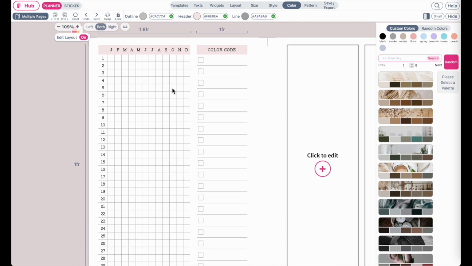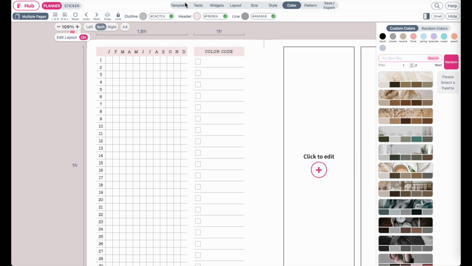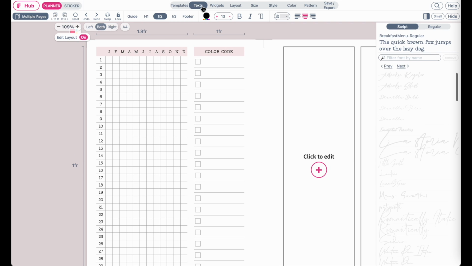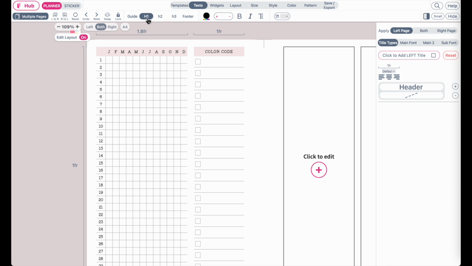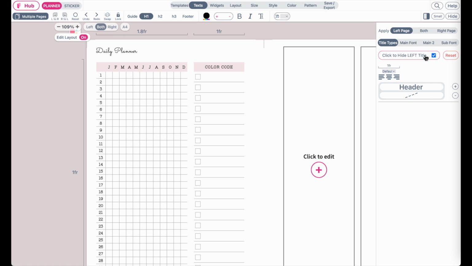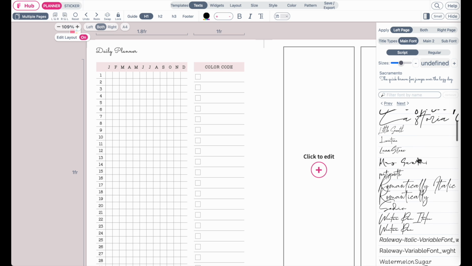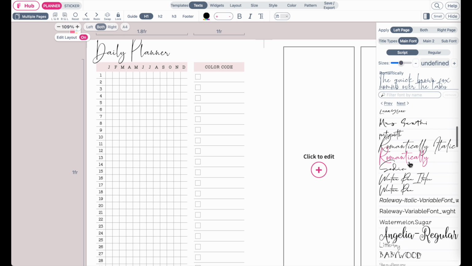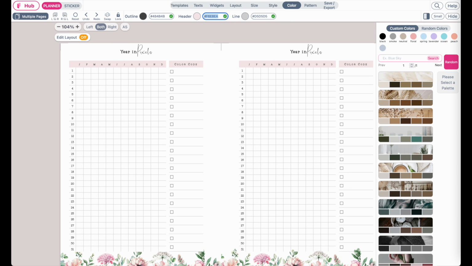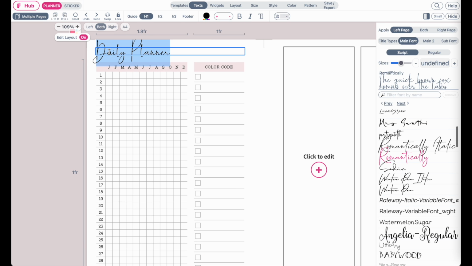And this is how it should look like. Then if you want to add a header, go back to text, select H1, and then add a left title like this. If you want to change the font, open the main font menu and then select a font, for example this one right here, and then you can call it year in a pixel,